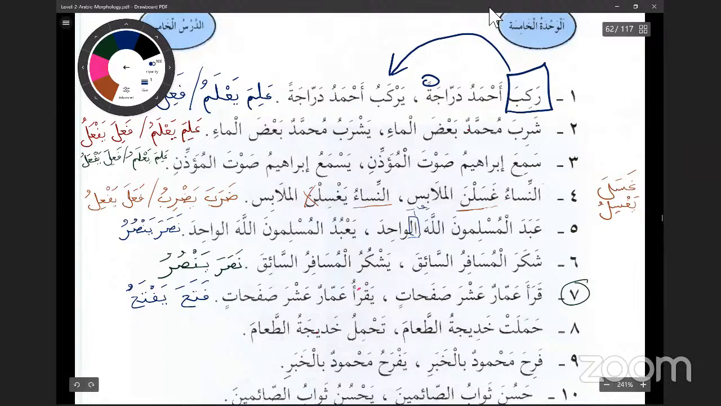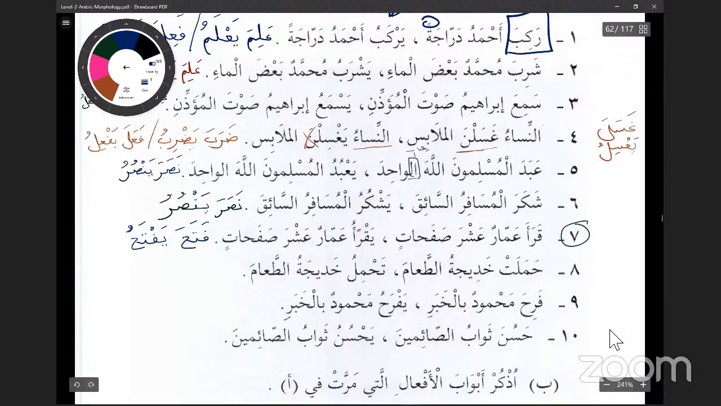Number 8, let's get Gandil to do it. Salam alaikum, Gandil. وعليكم السلام ورحمة الله وبركاته. حملت خديجة الطعام تحمل خديجة الطعام. So Khadija carried the food. Khadija is carrying the food. So okay, حمل يحمل is from